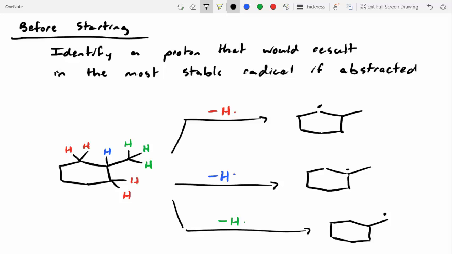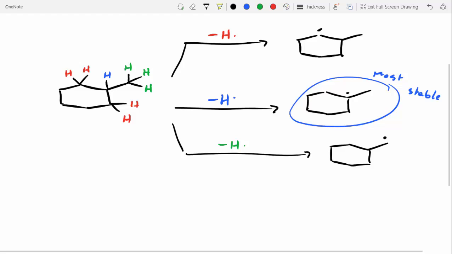Which one's the most stable? Blue. So if we look at this, we'd say this one's most stable. Why is it most stable? Yeah, it's more substituted. So this was the most stable possible product, which means that blue hydrogen is going to be the most reactive towards radical reactions. So now that we've got that going, we can start our radical reaction. And radical reactions are always broken down into 3 elementary steps. The first step involves formation of a radical, second step involves propagation of a radical, and third step involves termination of a radical. So let's start this with step 1,